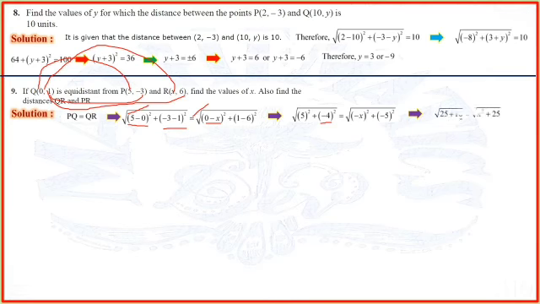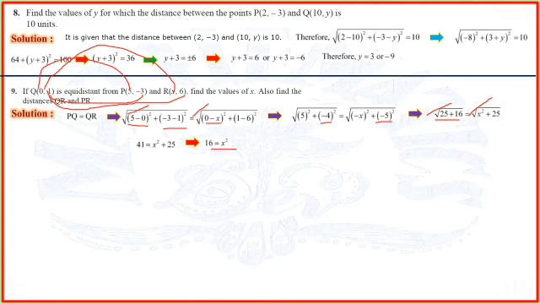So now 25 plus 4 squared, just 16, and then minus x becomes plus x square, and then plus square of 5 is 25. So now squaring both sides here, so square and square root cancel. 25 plus 16 is 41, and x square plus 25. So x square is equal to 25 minus 41 minus 25, which is equal to 16. So taking square root of both the sides here, x is equal to plus minus 4.